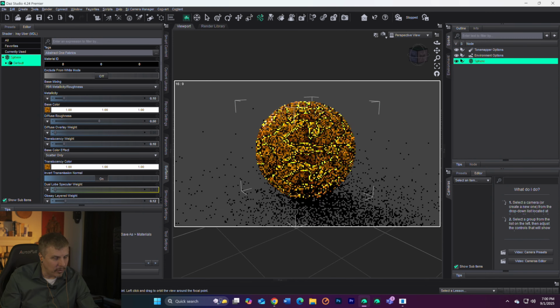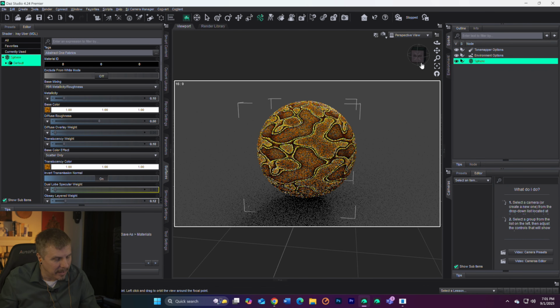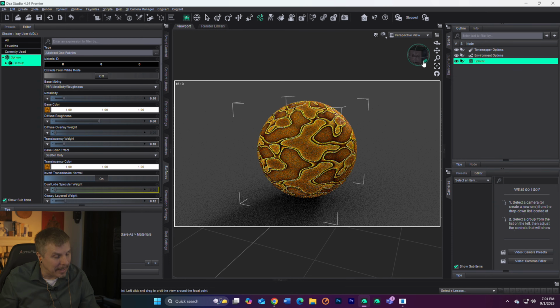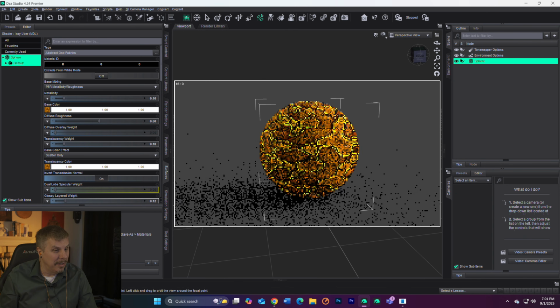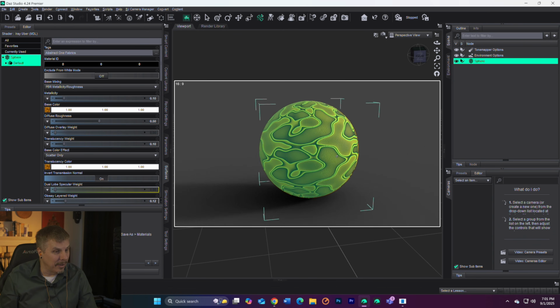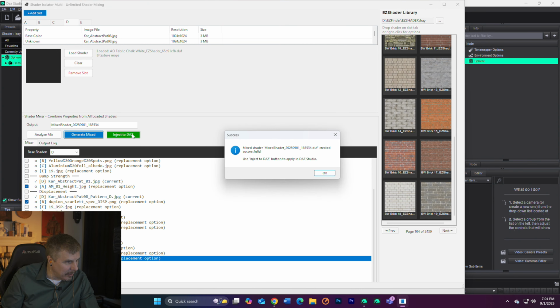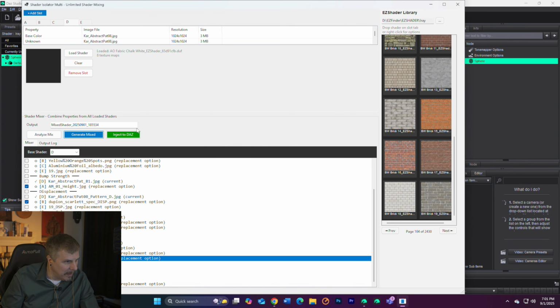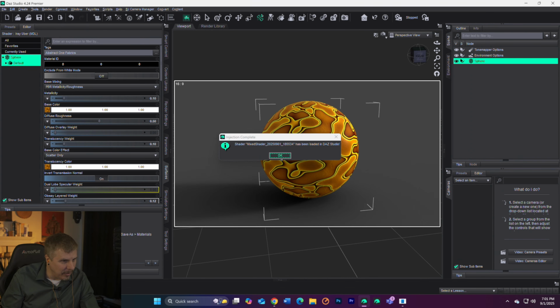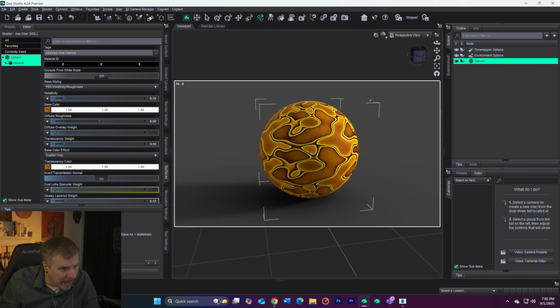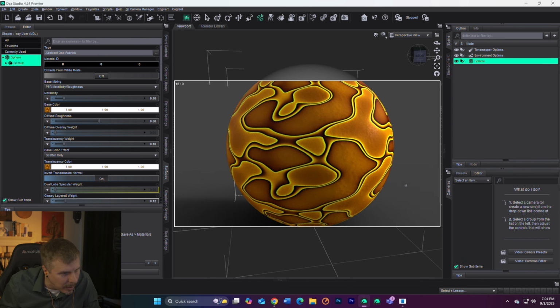Okay, that just says that all these are loaded in. Look at that. See, this is a new shader. Okay, now you see the bumps on there. Let's go back here, and where's the normal map? Let's try a different normal map. Let's go with aluminum foil. Okay, generate mixed. Okay, inject into Daz. Okay, and this does have a little bit of an aluminum foil kind of look to it, you see, but